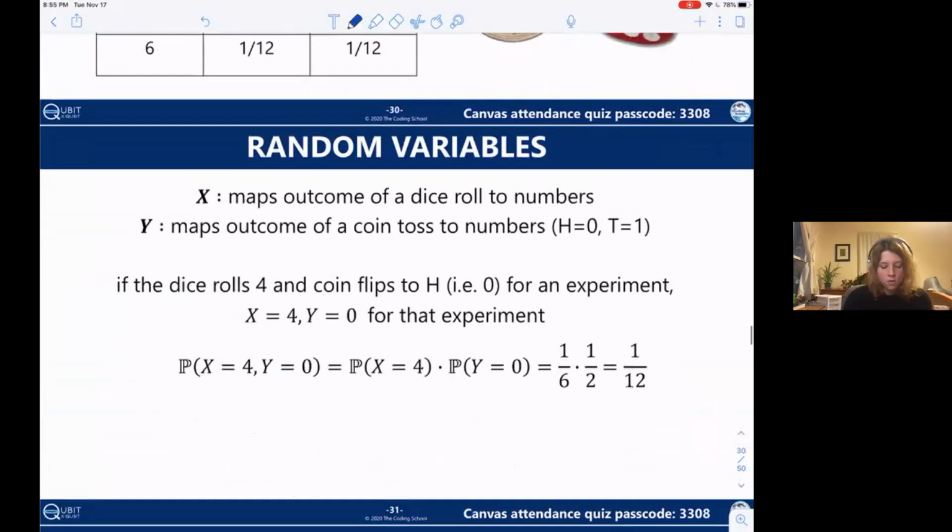So now we're going to take these random variables for these two. And this is exactly what I did before, where our heads is 0, our tails is 1. This is all a bit arbitrary, but if you're trying to compare something that is numeric to something that's not numeric, it makes sense that you want to make everything numeric.